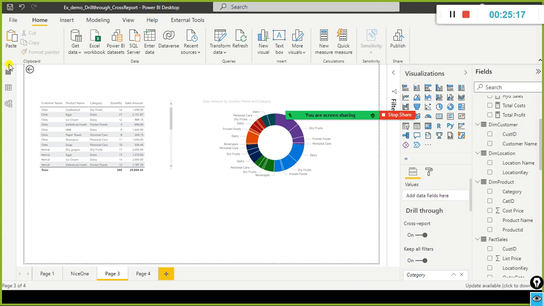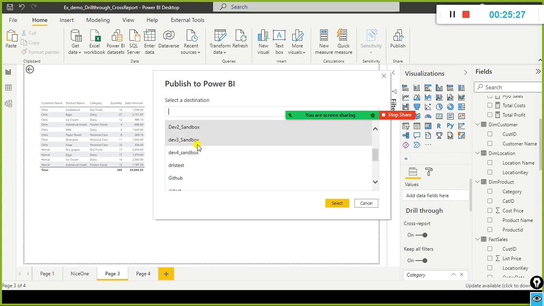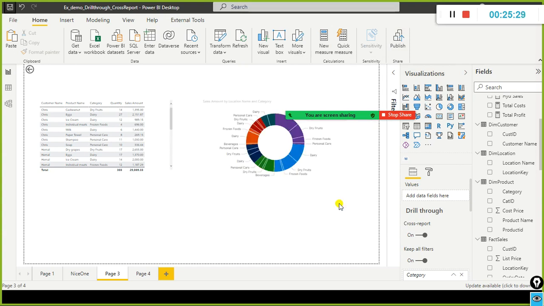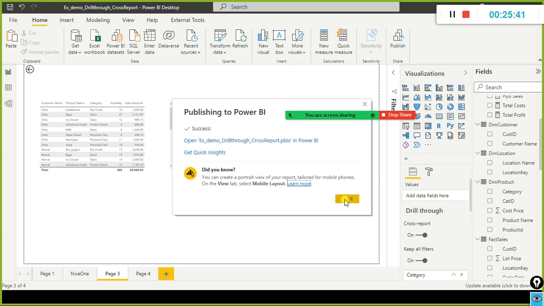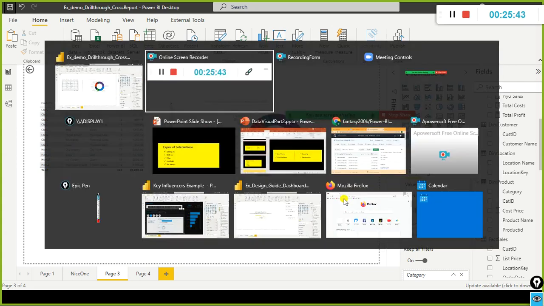And then I just go and publish it now. Dev3 sandbox. This is my child, that is my parent. So when I do drill through in the parent, it should go and apply the filter in this report. Success.